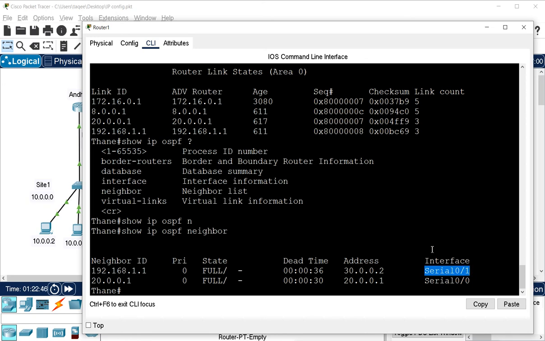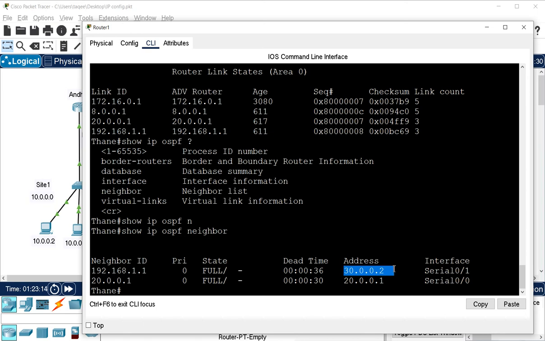So these neighbors are connected with this interface, and this is the IP address of those neighbors, and this is the router ID. Remember, router ID is different and IP address is different. Here in this case it is the same, but it is not always the same, because router ID is a different criterion. It is like the name of that router, and this address is the address which is used to connect to that router.